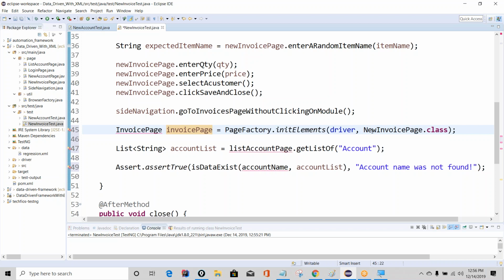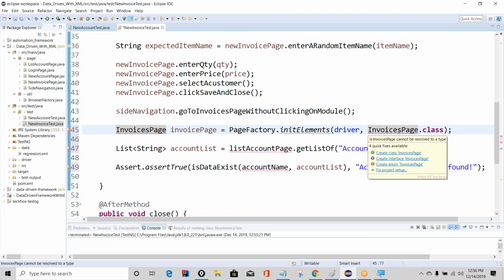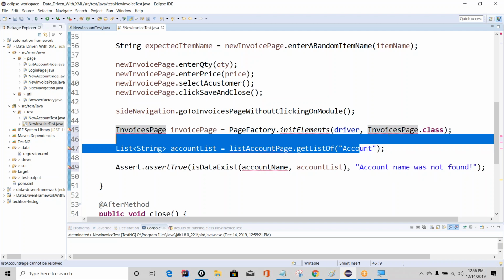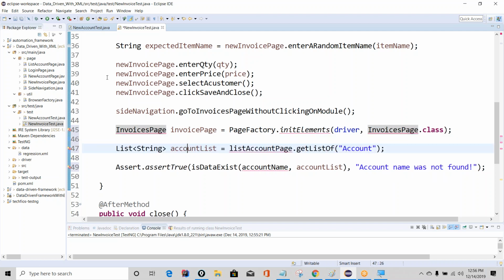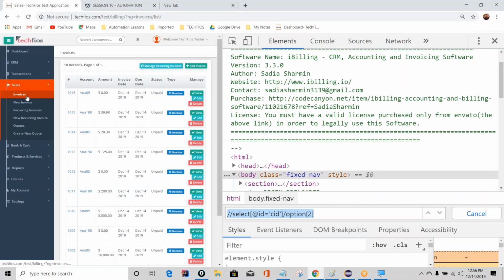Invoices page driver and did I say invoices? You should be able to. Did I spell it wrong? I never had a page created. We have new invoices, but this one invoices where it's going to show you we don't have that, so we